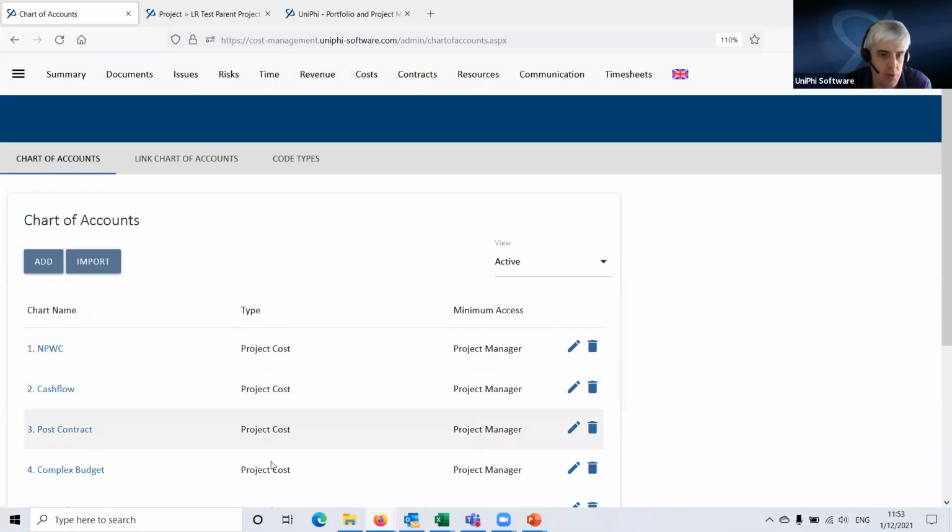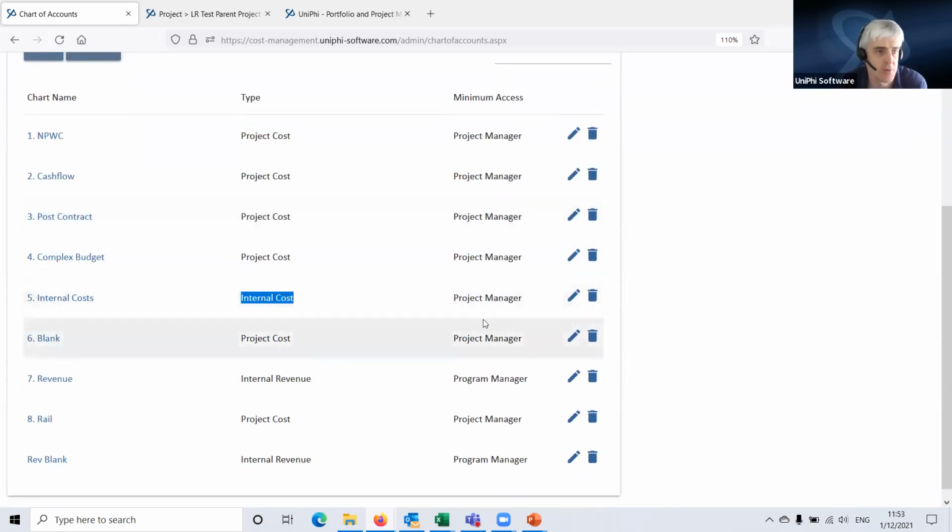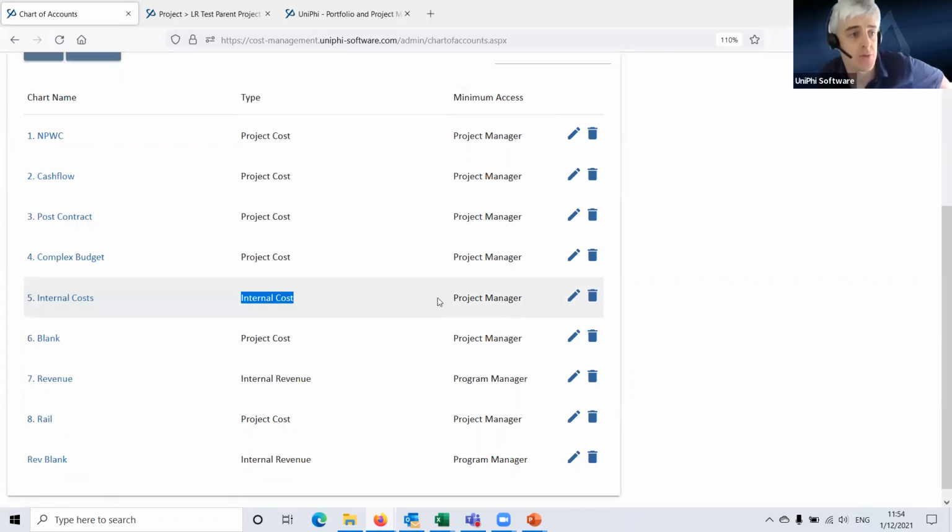And you can tell which one they're going to be in by the type. So project cost is one that you use to manage costs for a project that doesn't reflect what's going on internally with you. Internal costs are your costs. So if Unify is connected to your financial system, be that Xero or Mob or Oracle or Microsoft Dynamics or whatever it is,